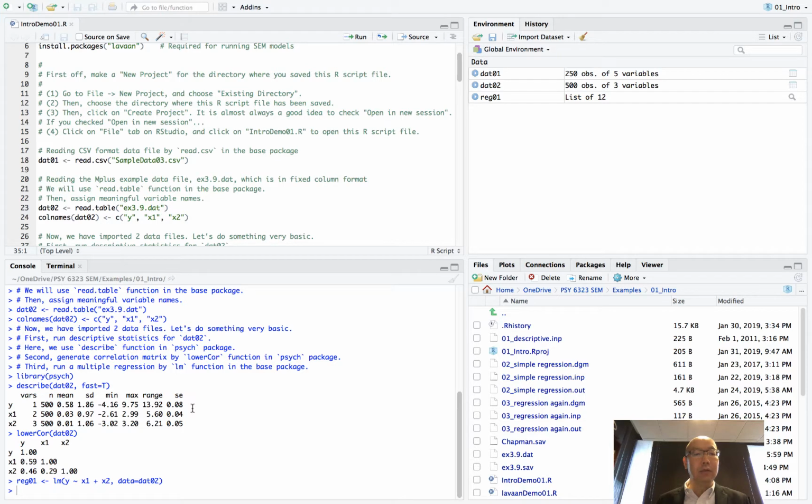So the left-hand side is split in half. The top part is the code, and the bottom half is the output. And then on the right-hand side, we have the environment, which shows the list of the objects that we have, and on the bottom side, we have the various tabs. Right now, I have the files tab, which lists the files that I have in the